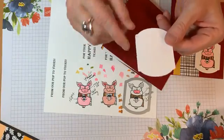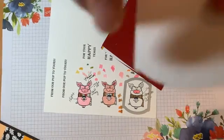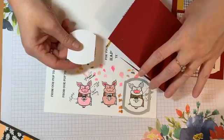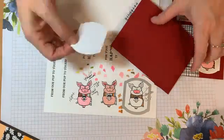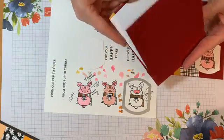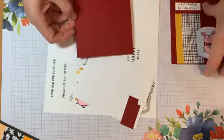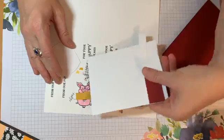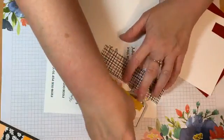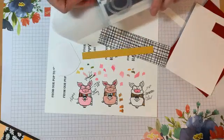So there's this tiny beveled edge along the side there. So you want to use that. You want to have that beveled edge, which just adds a tiny design element. And I have all the little pieces here ready for my Harry Potter card. And like I was telling you, oops, I better put this away before I lose it. Like I was telling you, I stamped my pig on a scrap piece of paper